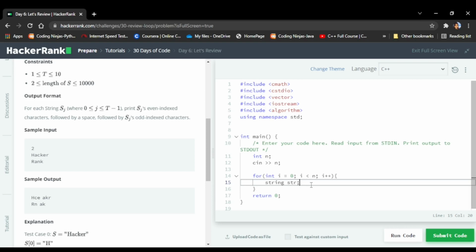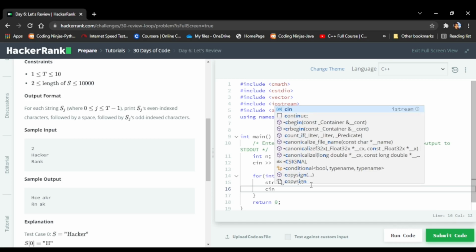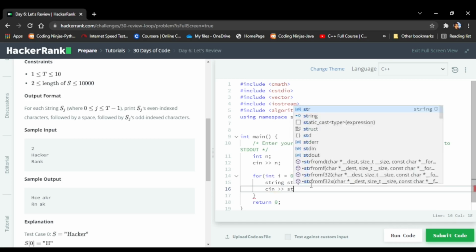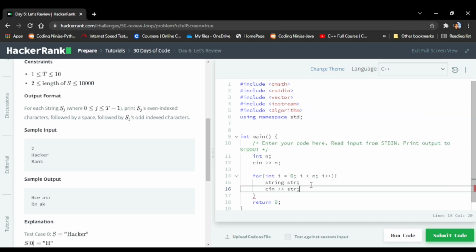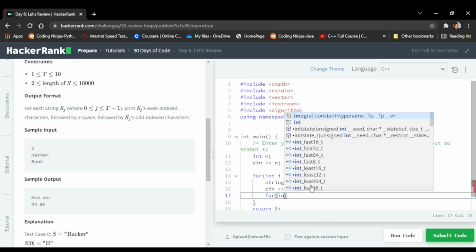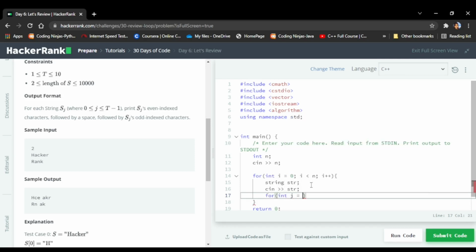So for that I am taking the input in the string inside the for loop. Okay, and cin >> str, and then we will use another for loop with j to separate the odd index characters and the even index characters.